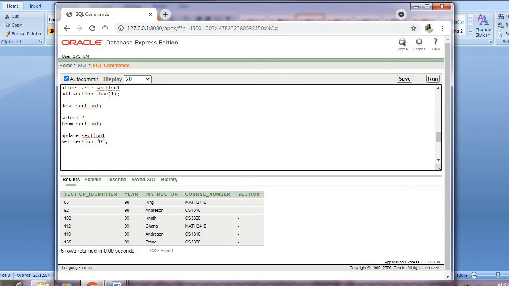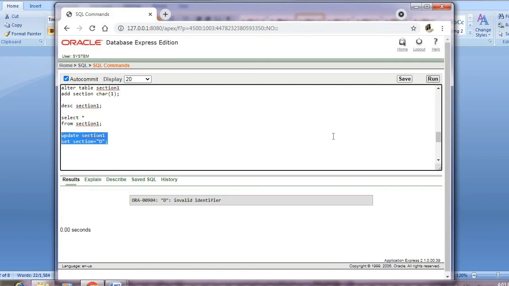What you have to do: update table section1. I am updating the table section1 and setting the new value to it. The value I am setting is D. We'll run this and see what changes happen. Invalid identifier D. It is not taking D as a valid identifier. One second, let me check. Why?